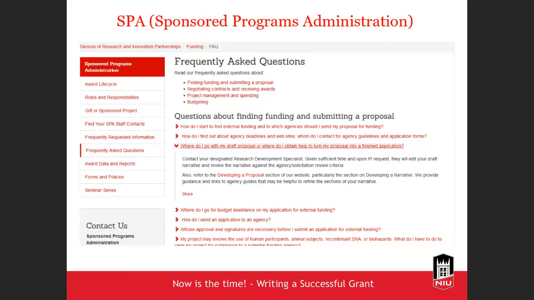For example, one of the contacts is a research development specialist, and if you give them enough time, they'll help to edit your proposal draft and review the narrative against the agency requirements, which is sometimes really difficult to navigate. So that's a very helpful service. And they can also help you to identify agencies to send a proposal to.